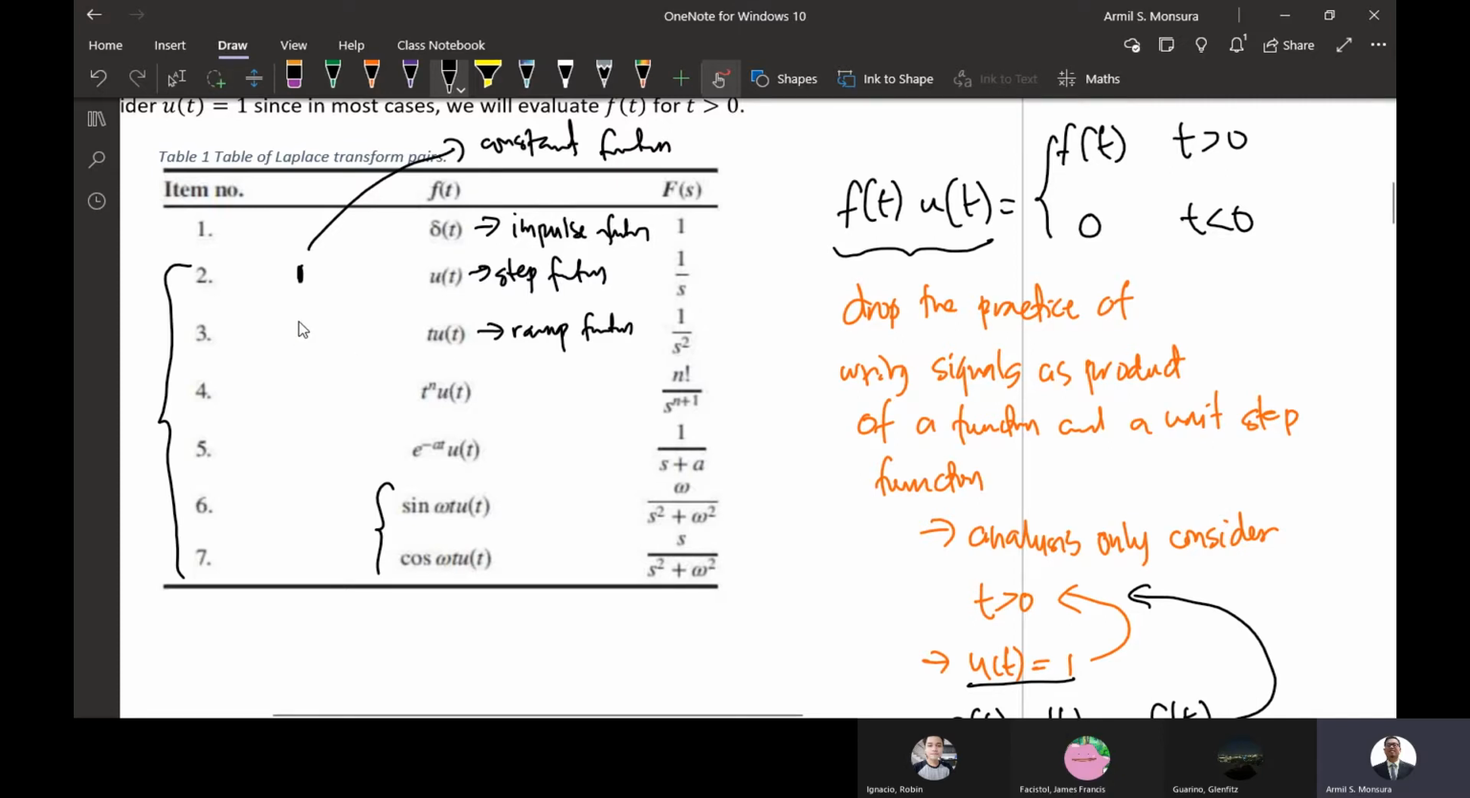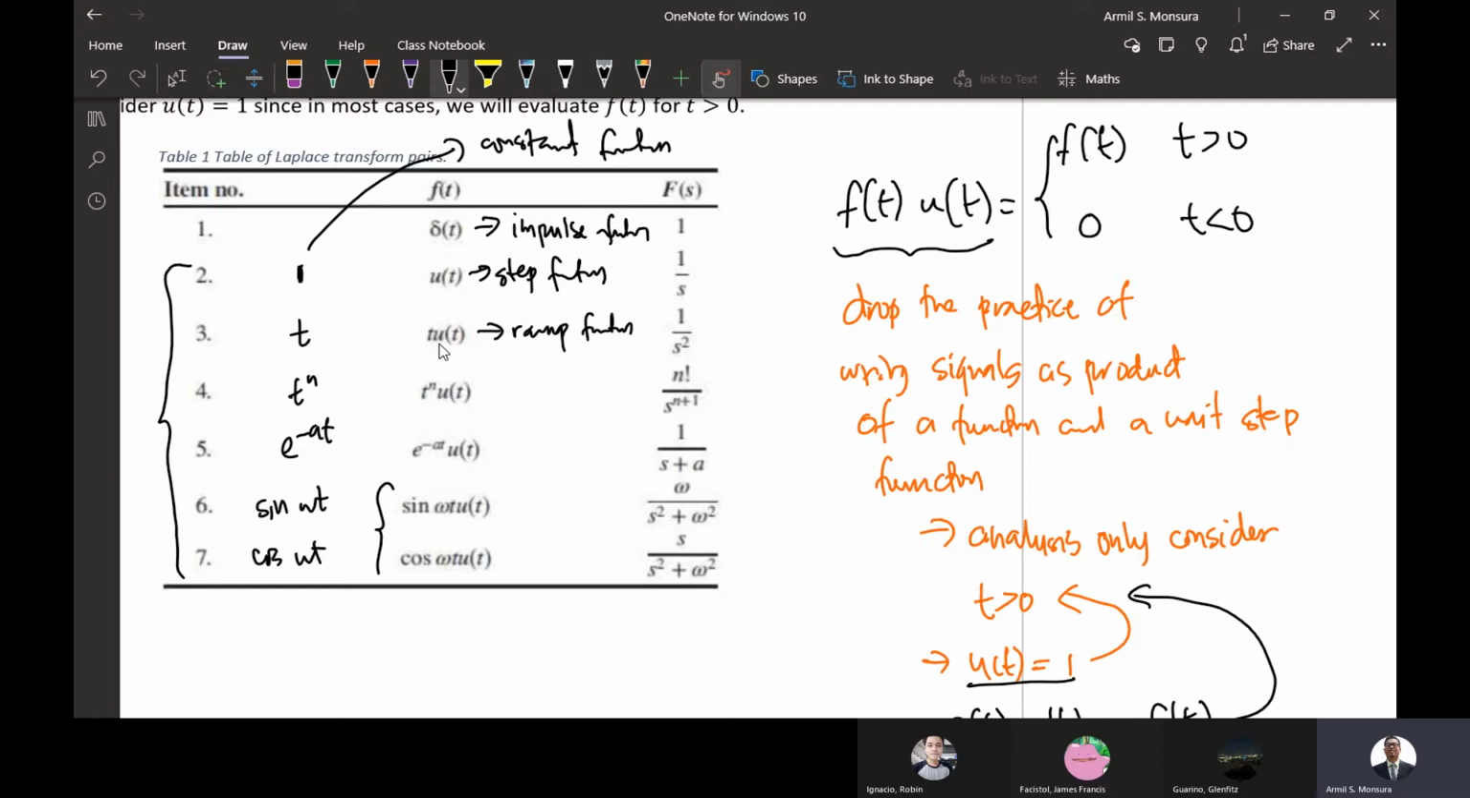Okay? Ito, pwede nyo isulat na lang as t. This one is t raised to n. Ito ay e raised to negative at. Okay? This is sine omega t. And this is cosine omega t. Okay? So, yun. I hope everyone would understand yung gusto nating i-point out dito. Okay? So, instead of actually always writing your function in terms of the product of a function and u of t,